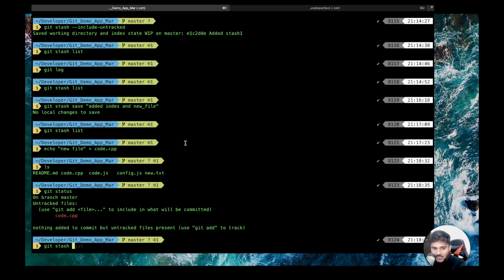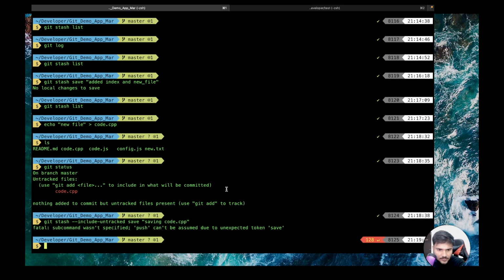Instead, what you have to do is, while creating a stash, you say git stash save. First of all, you do minus include untracked. Then you say save, saving code.cpp. Okay. Now you can see it says subcommand wasn't specified, push can't be assumed due to token save.